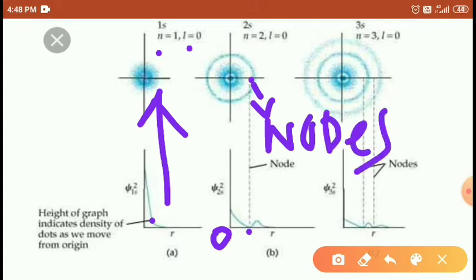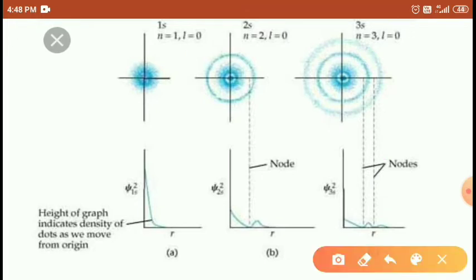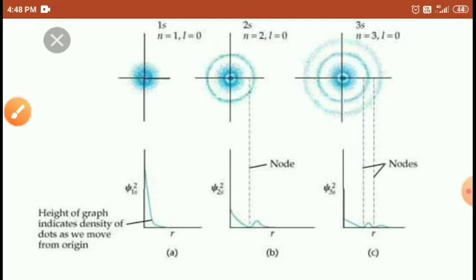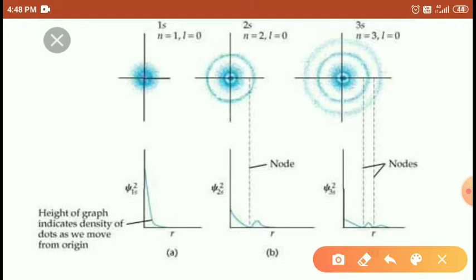And the last one, students: in this region one node is available here, another node is available here. So the probability of electron density is here. There is the 1s, again this is the second region, the 2s, and this is the third region, the 3s. Between the 1s, 2s and 3s, how many white portions are there? Two white portions, one here, another here. So two nodes are available in the 3s portions. Right?